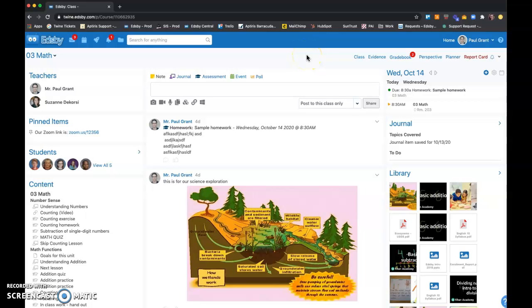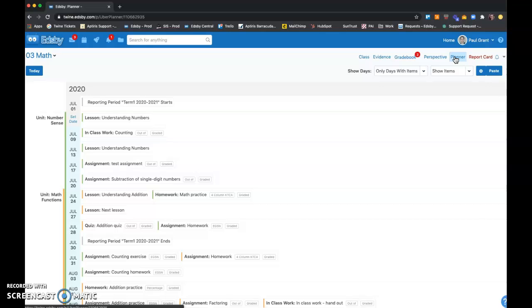So here I am in Mr. Grant's math class, and I am logged in as Mr. Grant. I'm going to go to his planner, and I want to copy any of his lesson plans. So I am going to hit the gear icon,